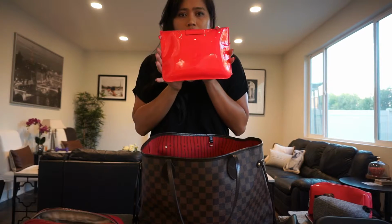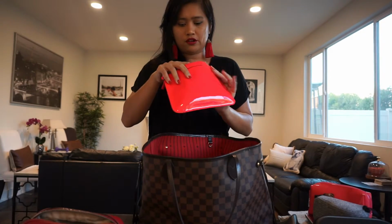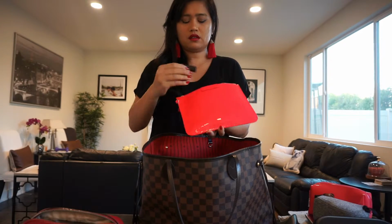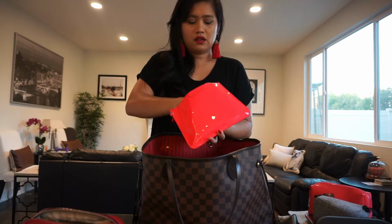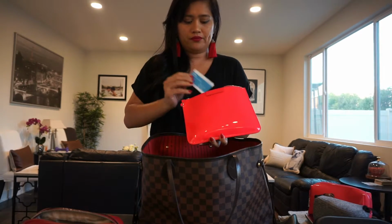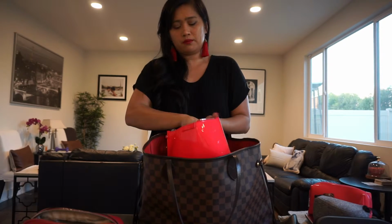Pouch. This is the first of many pouches that I have. And in here is extra battery for the camera, which I started carrying around. Business cards to carry around. And probably the most important thing